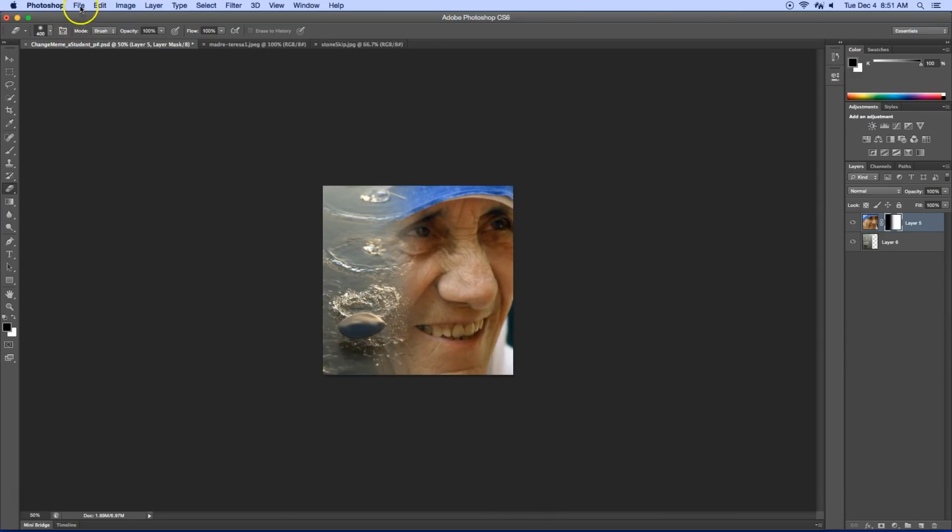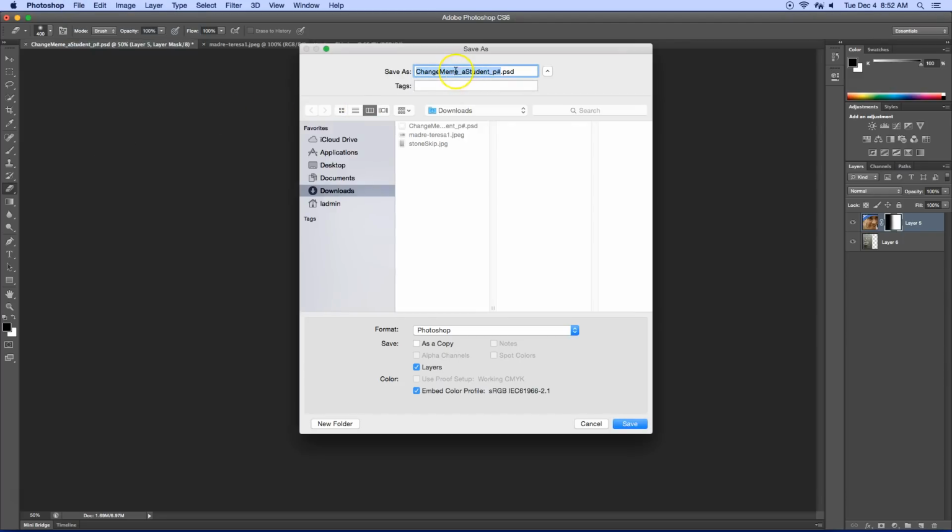I'm going to save the file, save as, leave change meme on there, put your first initial and last name on here, and then put the period number. I'm going to use my name, and then leave it as a PSD for now, and put it on the desktop so that you can find it easily. Save that,